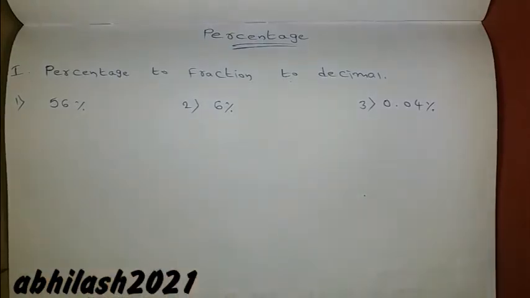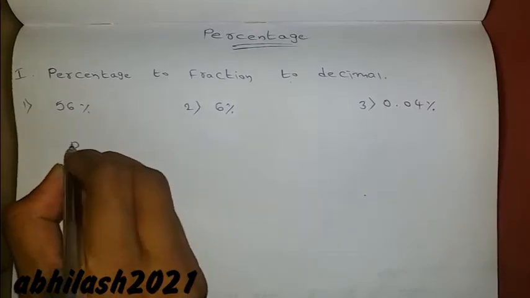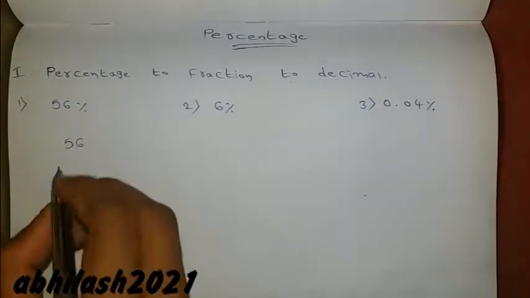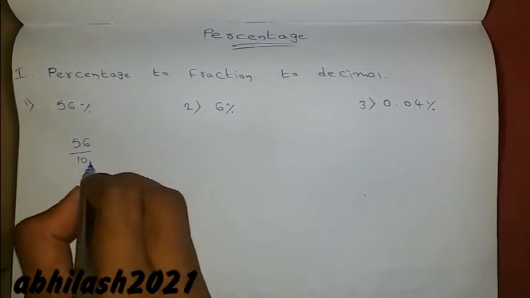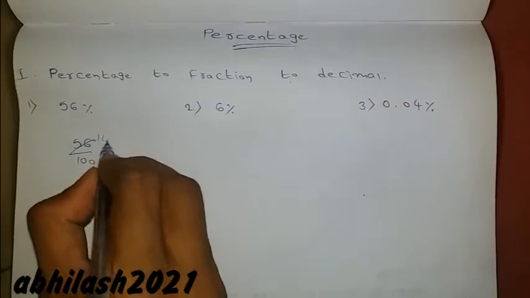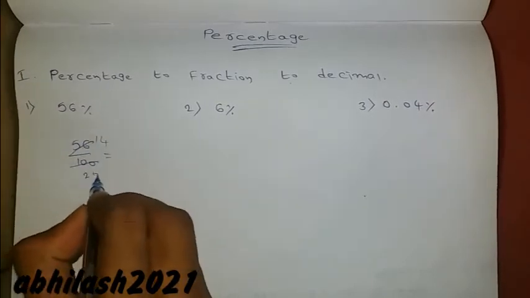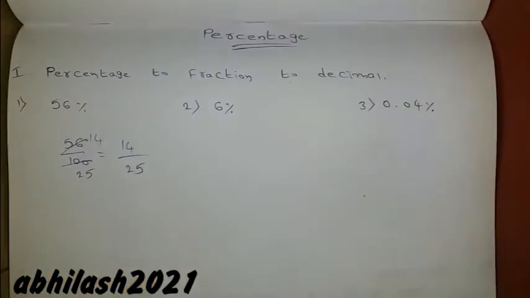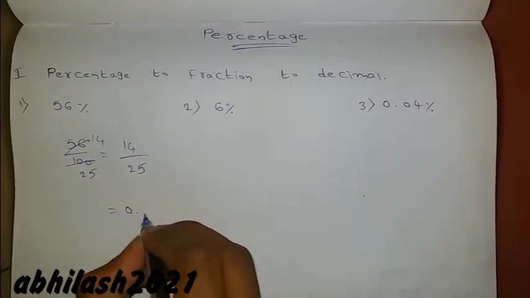56% is nothing but 56 for every 100. So write it as 56 by 100. If you do cancellation, 4 14s are 56, 4 25s are 100, so we will get the fraction 14 by 25. Next, if we change this to decimal, 14 by 25, if you do long division, we will get